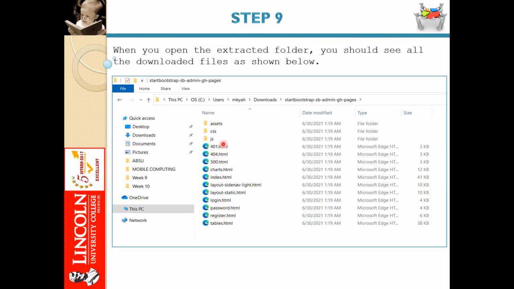401, 402, 501. This is in case this kind of problem occurs, what kind of message you want to display to your user. That's why all these are here. Then charts, for some charts, then index. Index is actually your landing page, your home page. Then layout site navigation light, layout static, login, password, register, tables. So you have successfully downloaded your